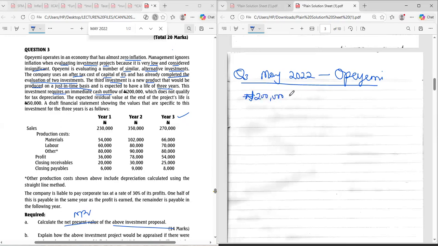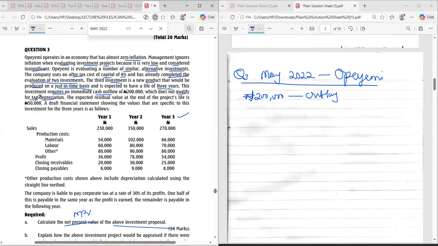So that is going to be our outlay. B, which does not qualify for tax depreciation. Now, they said that we are going to invest 200,000 to buy shares for our investment. Please, that investment is like you are buying a machine. You can put it like that. It's not shares, it's a machine, like a plant.